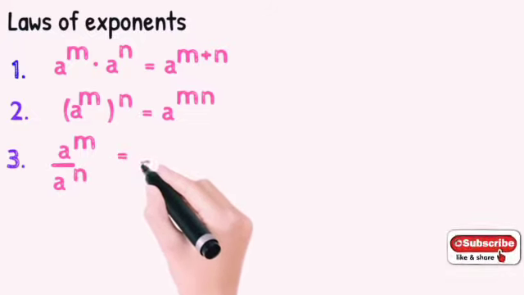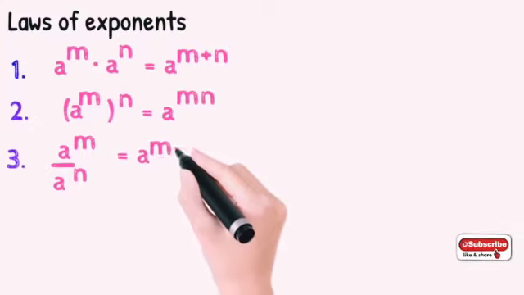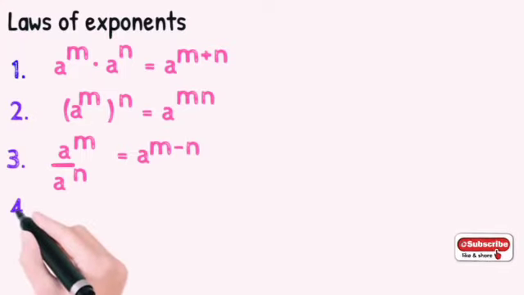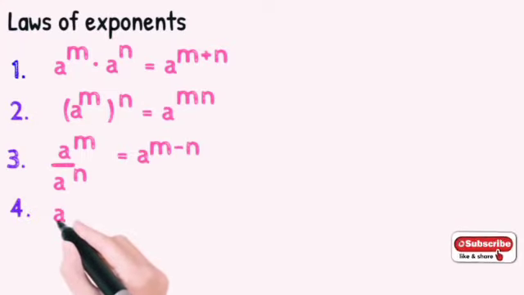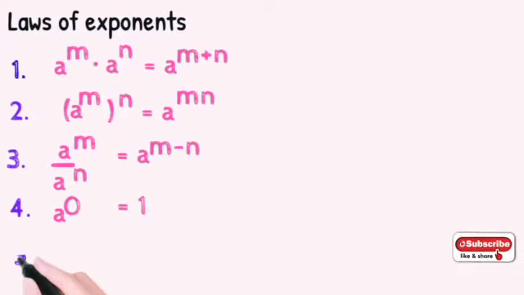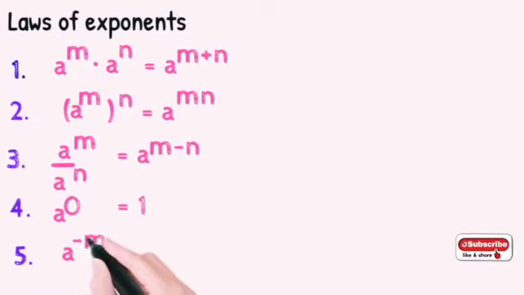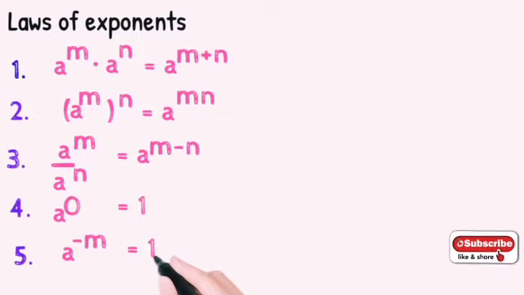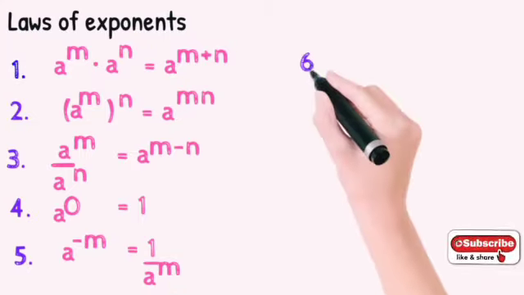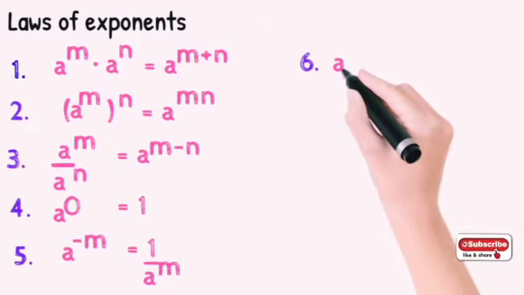It is slightly similar to the first one, since in the first one the numbers were multiplied and the bases were the same, powers were different and were added, and over here we will subtract. The fourth one says a to the power 0 is equal to 1, meaning a can be any number, and whenever the power is 0, the answer is 1. Now a to the power minus m means the power is negative, and you get 1 by a to the power m. It means if in the numerator you have the negative power, if you take it to the denominator, then the power will be positive, and vice versa also you can perform.